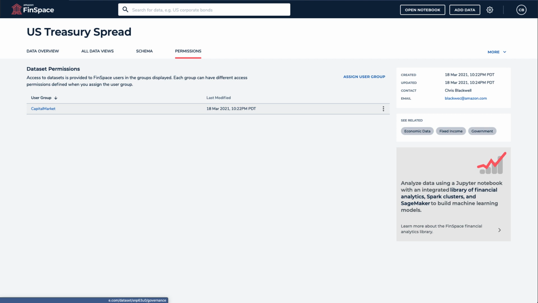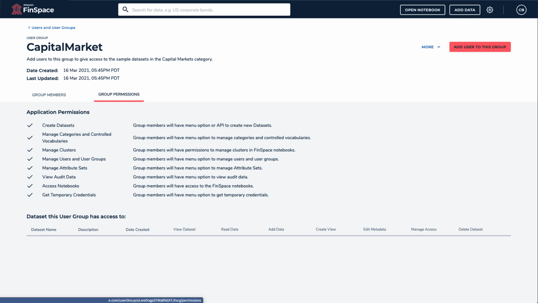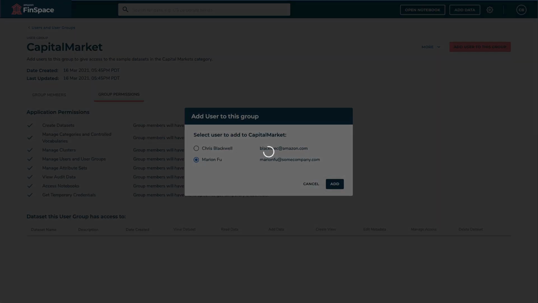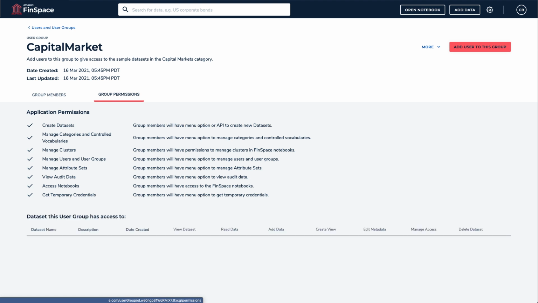The final tab, Permissions, gives you fine-grained control on who can access the dataset, as well as how they can access it. Permissions groups allow you to assign different sets of people with different access levels. You can see it's easy to add users. Group permissions allow you to control what the group can do with the data. This configuration is quite permissive, however, that can be easily configured. You can also see what datasets this group has access to, which can help make decisions about what groups can access what.